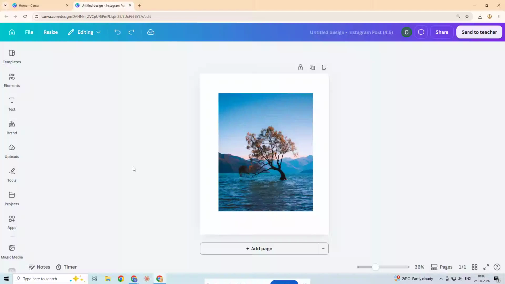If you've ever had an image that was just a little too small for your design, or you needed to extend the background without ruining the original photo, Canva AI has a really helpful feature for that. In this video, I'm going to show you how to expand an image using Canva AI in just a few simple steps. It's fast, beginner-friendly, and perfect for thumbnails, social media posts, banners, and any design where you need more